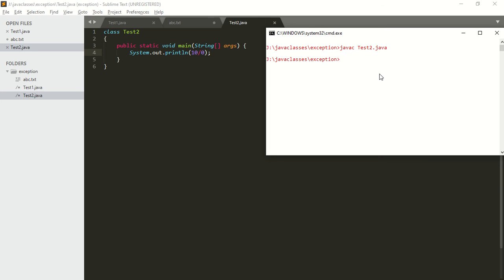So what happens if we run this program? The exception will be raised. The output we are going to get is: Exception in thread main java.lang.ArithmeticException: division by 0 at Test2.main method. So this is about unchecked exceptions. If you have any doubts between checked exceptions and unchecked exceptions, please contact me.